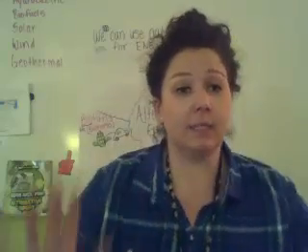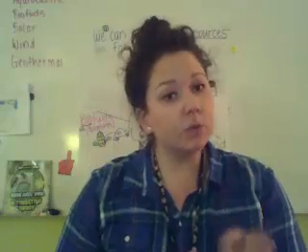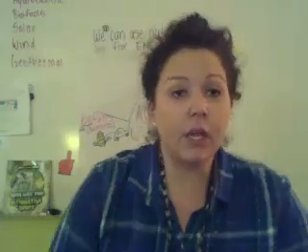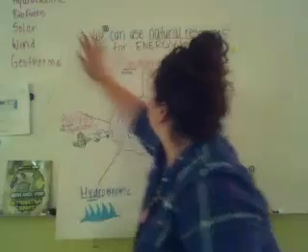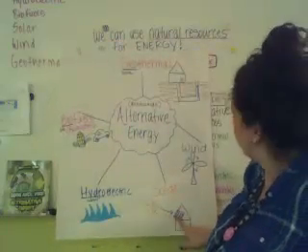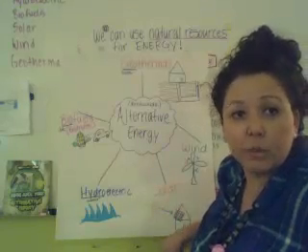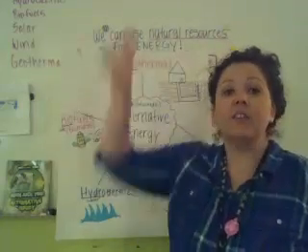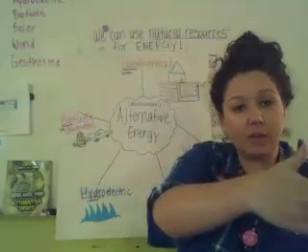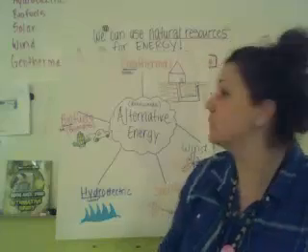Let's start with the easy one, solar energy. We know that solar energy comes from the sun. The key to remember about solar energy is that it's not the sun's heat that we need, it's the sun's light. It hits the solar panel, and that solar panel has cells inside of it that will convert it into electricity. So solar energy is energy from the sun. The sun's light hits the solar panel. The cells inside the solar panel turn it into electricity for us to use.